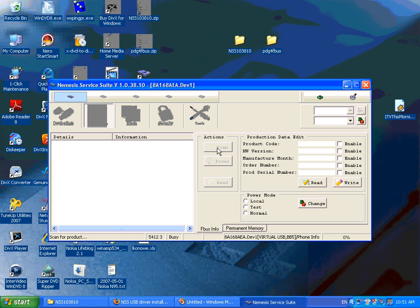Then scan the phone, comes up with the appropriate version, and your ME. Let's have a look over here at the product code reading. Of course, I've already done the product code, but this is where you would go and change it to